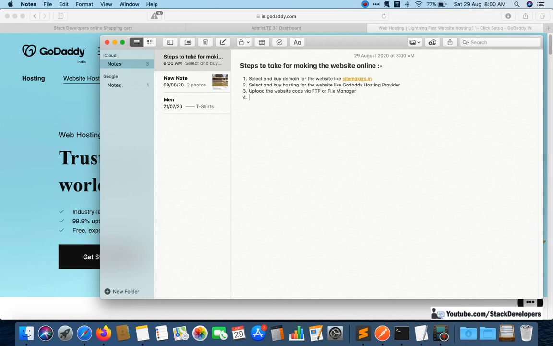Okay, here also you can see download, that we will do here, no issue. Here we will upload the database of the website. First we will make the database online, after that we will upload.